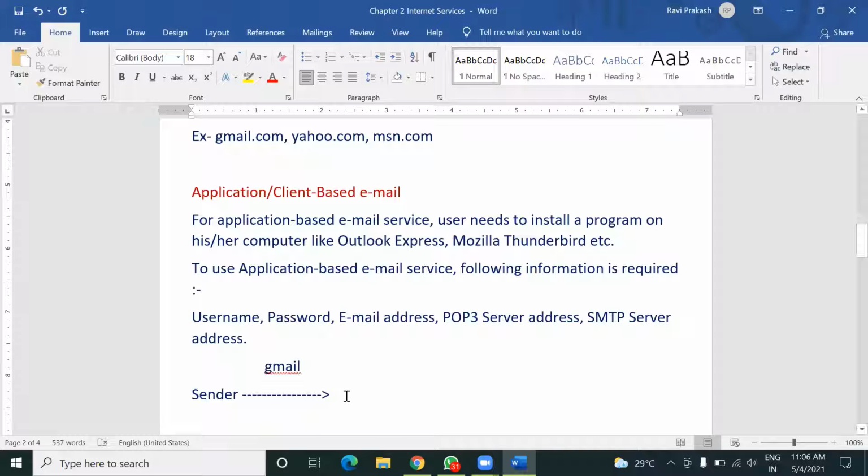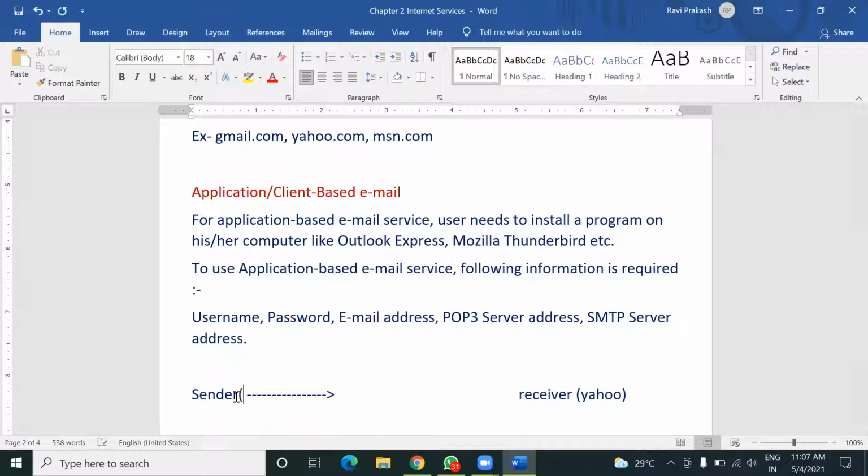And the receiver is using Yahoo. So using means, na. Yes, sir.